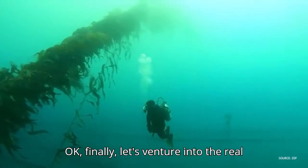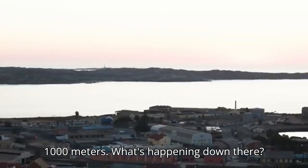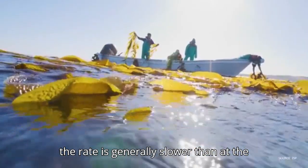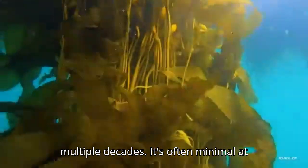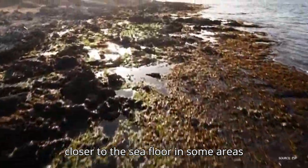Okay, finally, let's venture into the real depths. The deep sea, below 1,000 meters. What's happening down there? The deep sea is also warming, although the rate is generally slower than at the surface. Warming's been observed over multiple decades. It's often minimal at mid-depths, but seems to be increasing closer to the seafloor in some areas, like parts of